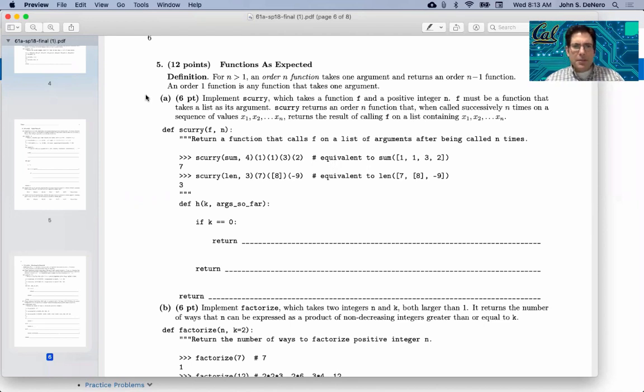Okay, implement scurry, which takes a function f and a positive integer n. F must be a function that takes a list of arguments as its argument. So it takes one argument, which is a list. And scurry returns an order n function that, when called successively n times on a sequence of values, returns the result of calling f on a list containing those values. Okay, so it's kind of like curry 2, where we turned a 2-argument function into a 1-argument order 2 function. But here we have to do it n times, and it looks like the way we're going to do it